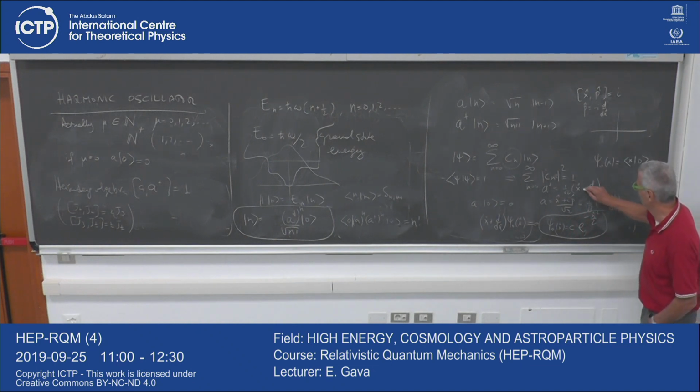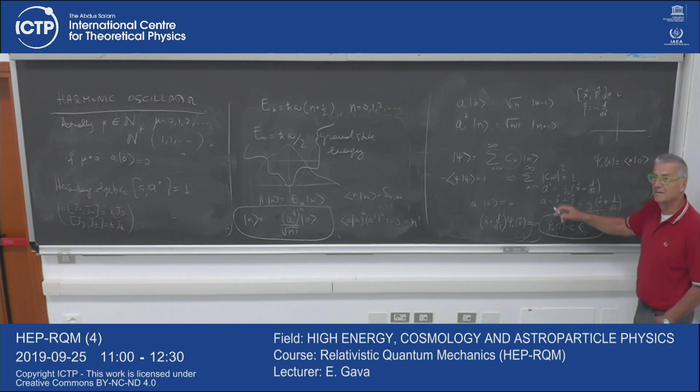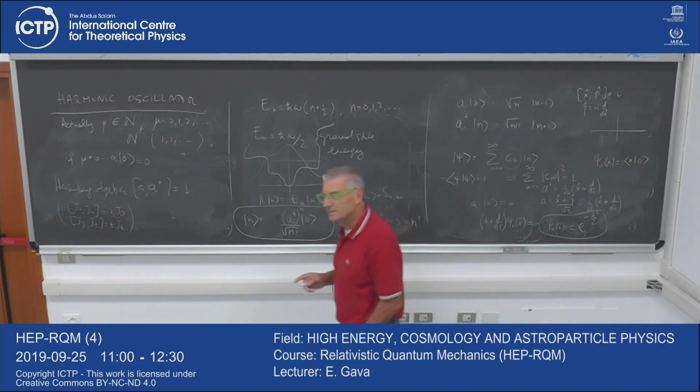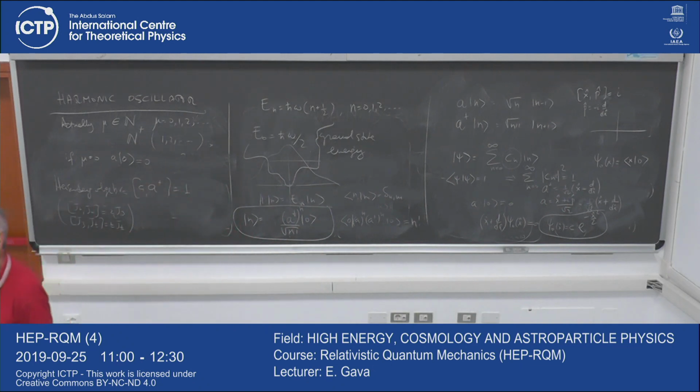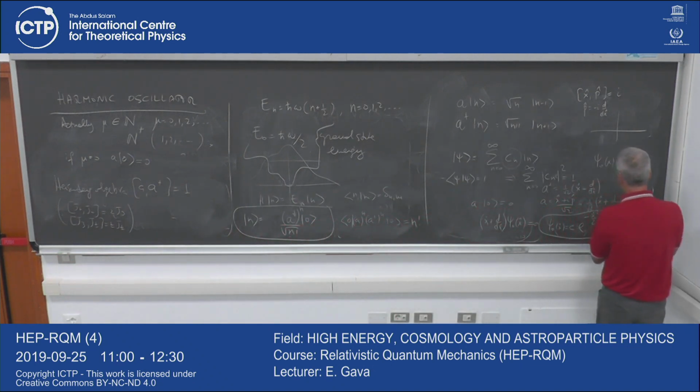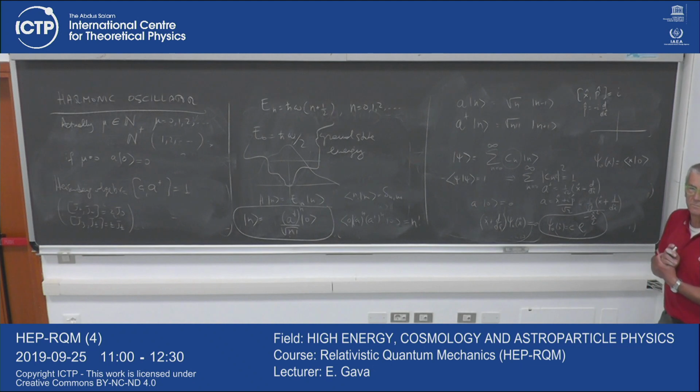Just a remark: why is there a plus here and a minus here? Because there is no i here. You should recall that the derivative d/dx is anti-Hermitian. The i precisely makes it Hermitian. So when you take the Hermitian conjugate of d/dx, you get a minus, because it acts on the space of functions and you have to do partial integration. So the first excited state will be x hat minus d/dx hat